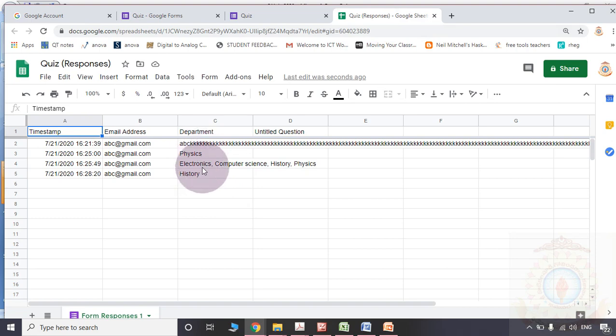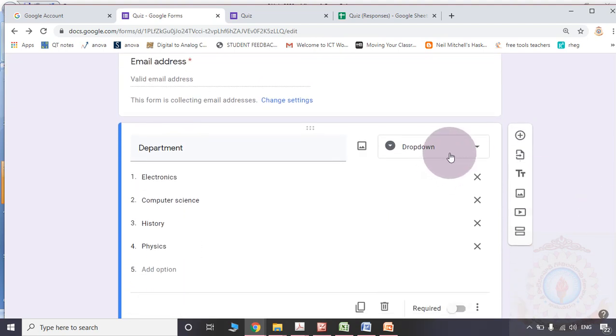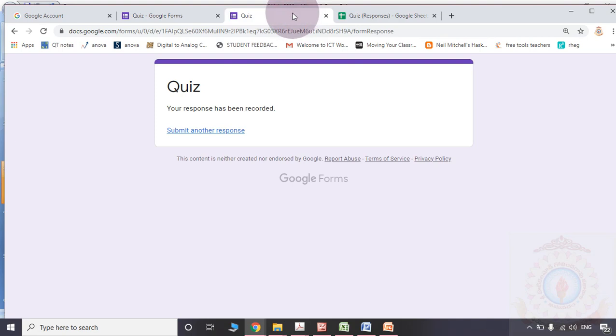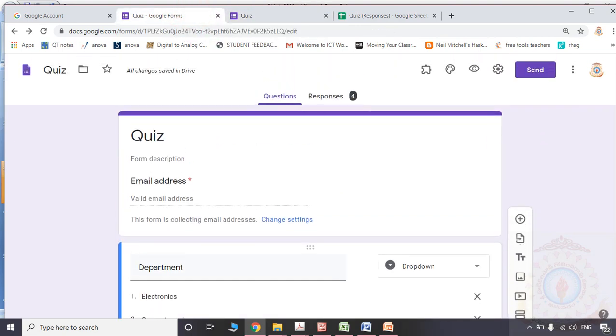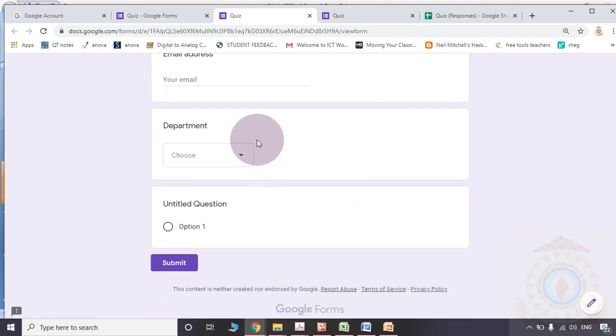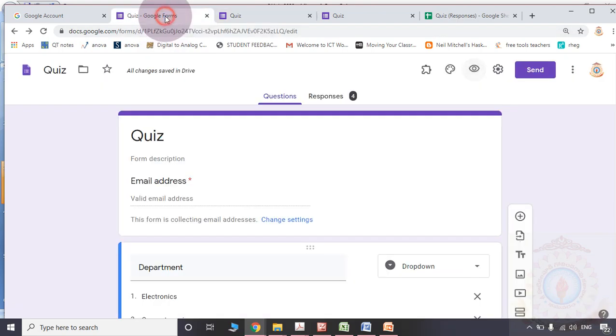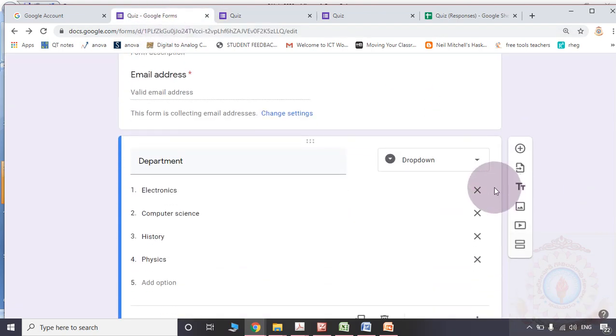So similar to multiple choice, here also whenever they are using the drop down option, the participant is supposed to give one answer only. But whenever you are observing the preview, in the multiple choice, all the sub options will appear in this place. In the place of the drop down box, whenever they click this small tab, then options will appear. That is the only difference.